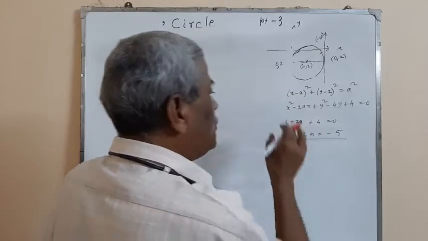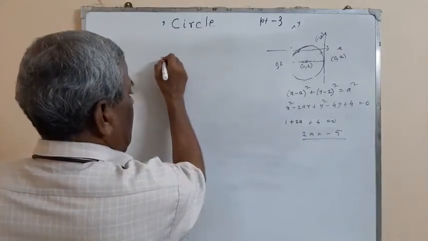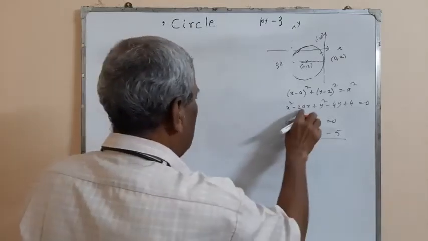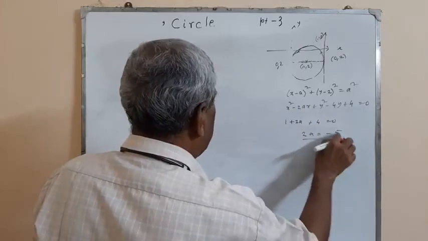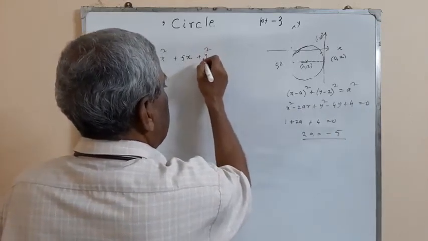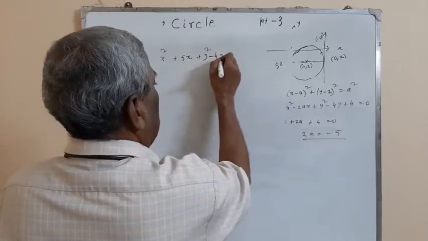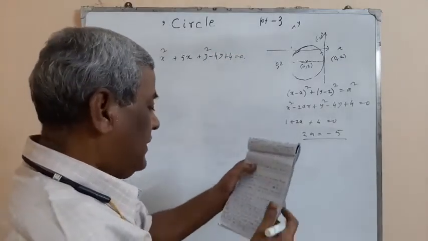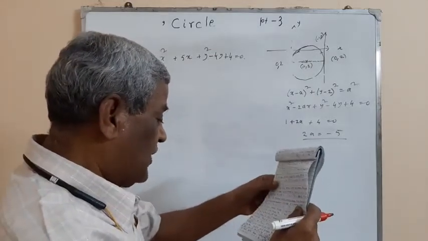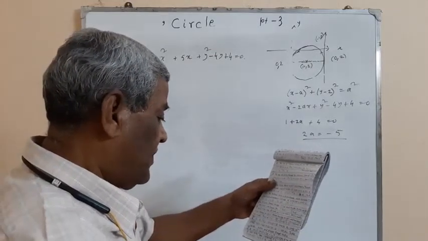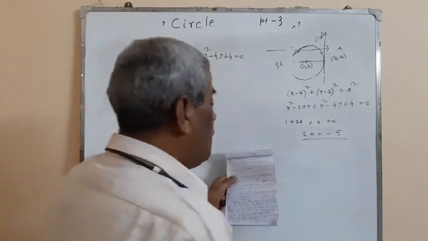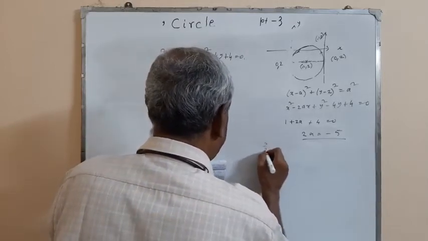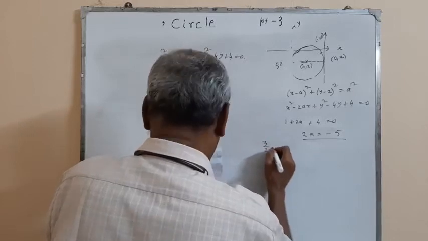So the equation becomes x square minus 2ax, that is plus 5x, minus 2a plus 5 plus y square minus 4y plus 4 is equal to 0. This is the equation of the circle. And given that, the question, actually the problem is, then the circle also passes through, and 4 points are there, -3/2,